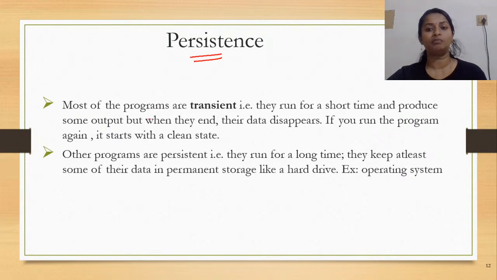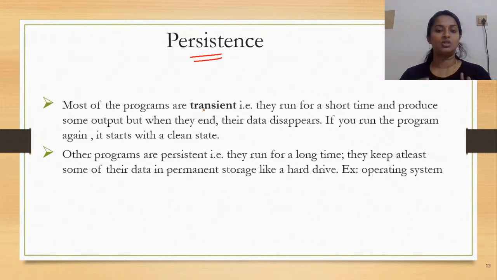So let's get started. Let's first get accustomed with the term persistence. What is persistence? Most of the programs are transient. What does transient mean? It means that whenever you write a program and compile it to see the output, this is the lifetime of the program. You run the program, you get the output, and whenever you execute a program,